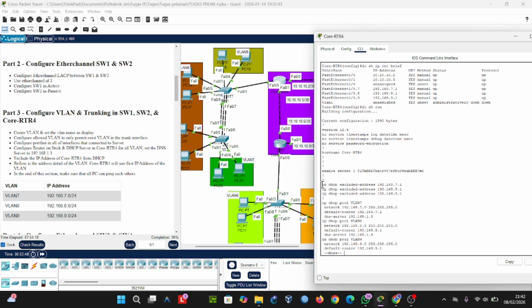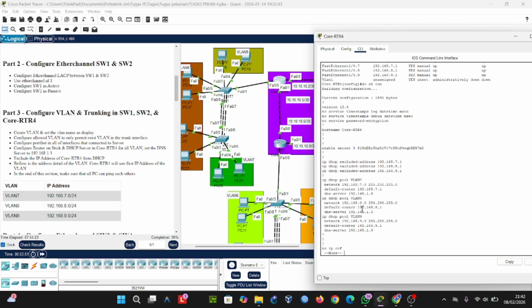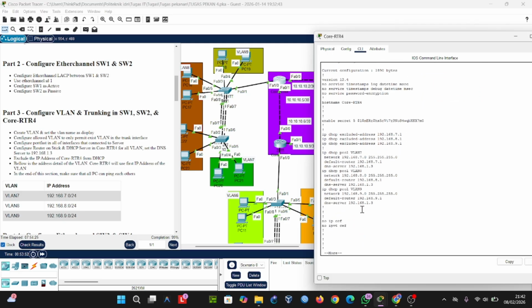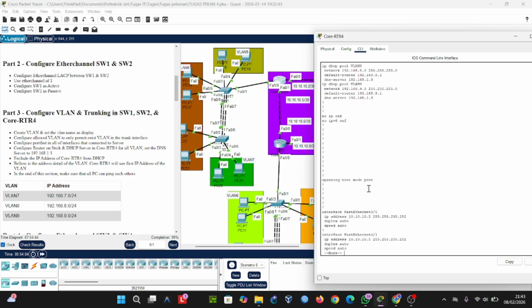After that I configured the excluded IPs, which I excluded for the router IP. So you can see I configured DHCP for all VLANs connected to router 4. After that is spanning tree, PVST.